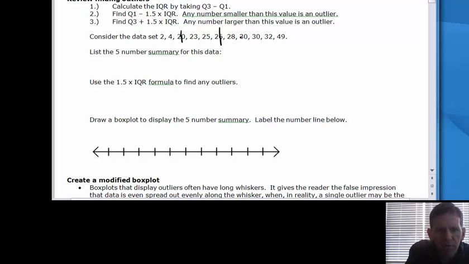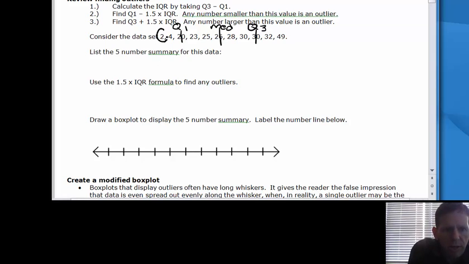And the middle of this bigger 5 numbers is located at this 30 that I'm drawing my line through right here. So this is where Q3 is located. This is our median right here, which we don't really need right now. And this is Q3. So when we list the 5 number summary for the data, we're going to start with